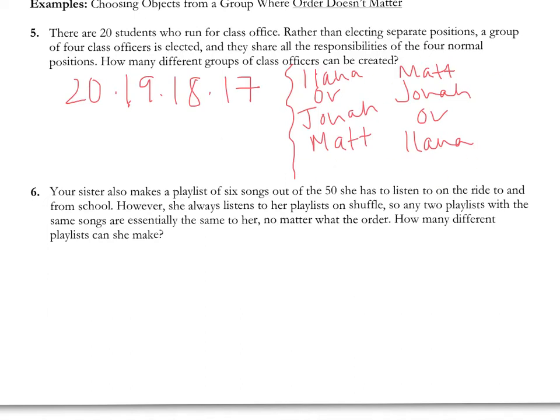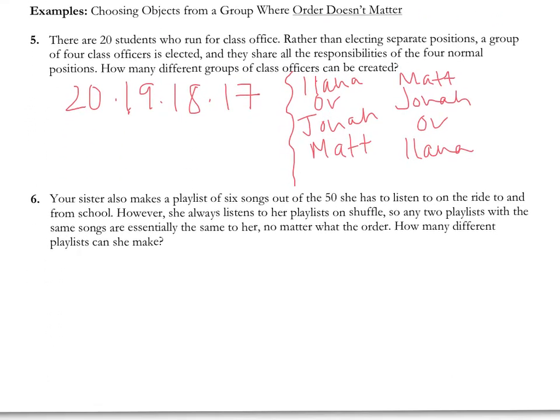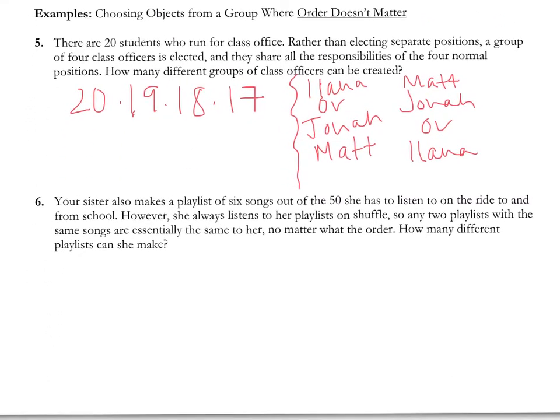We shouldn't, right? Because in this particular problem, it says rather than electing separate positions, a group of 4 class officers is elected, and they share all the responsibilities of the 4 normal positions. So the order that people are picked out of the group for this problem does not matter. For the previous problem, the order that students were picked out of the group does matter, because